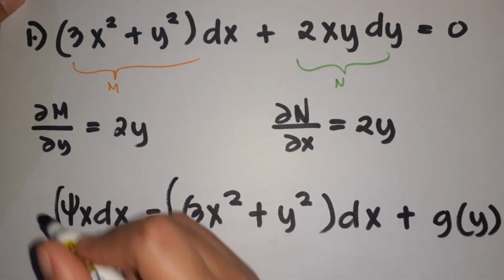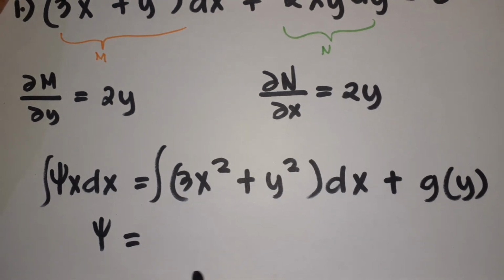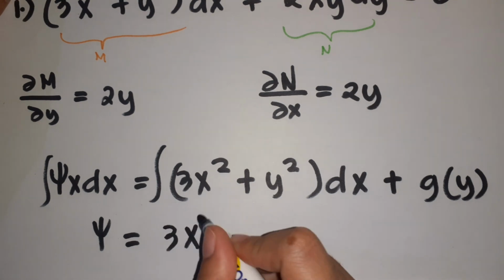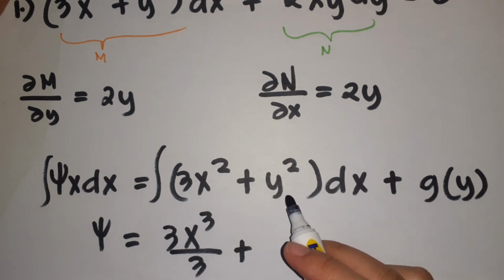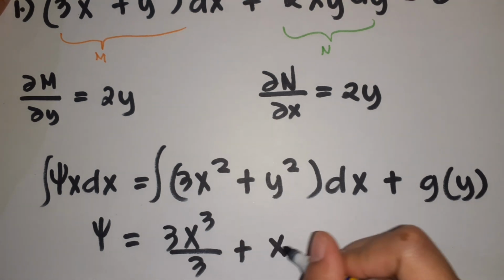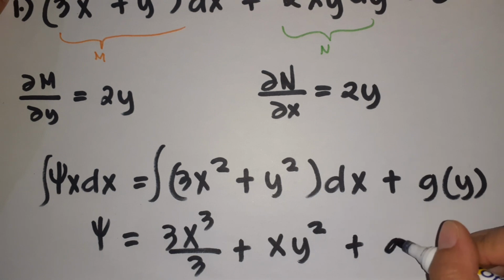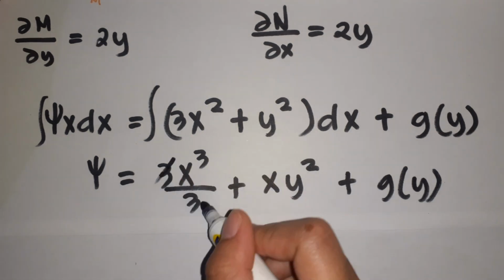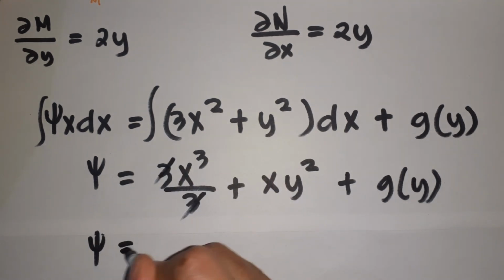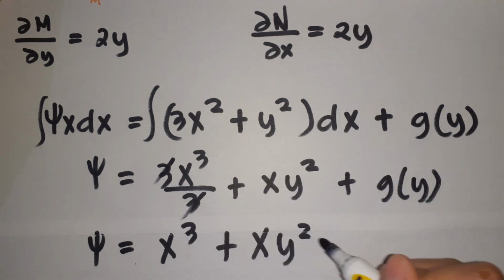Integrating both, we have psi equals the integral of 3x squared dx, which is 3x cubed over 3, plus the integral of y squared dx, which is xy squared, plus our generic function in terms of y. We can cancel this out, so the remaining is x cubed plus xy squared plus